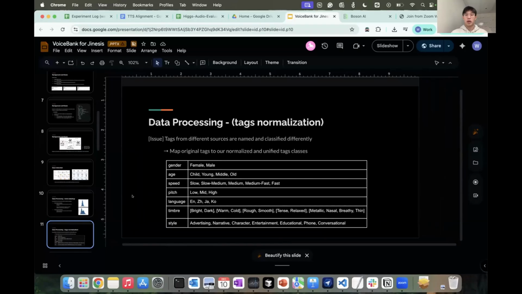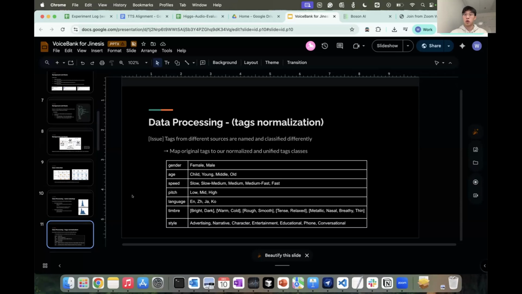After that, we normalize all of the text because for each website or source, the texts are named and classified differently. So probably for one source, age is classified as child, teenagers, middle, old, but for another one, it's classified as child, young, middle, old.